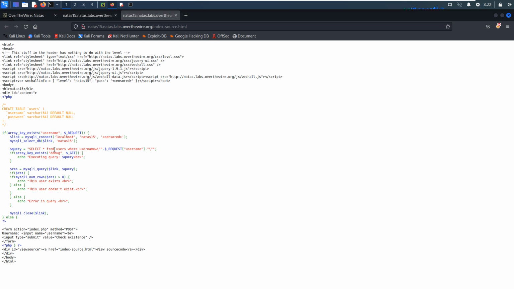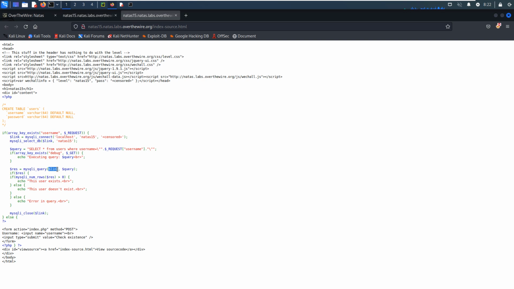Select anything from the users table where username is equal to, this one we will submit through HTTP POST. And if the GET request has the debug key, we'll echo this information and also print out the query statement, which will be executed by this line of code.